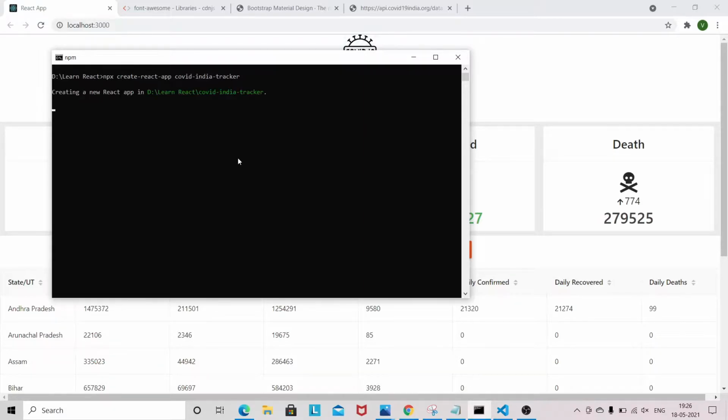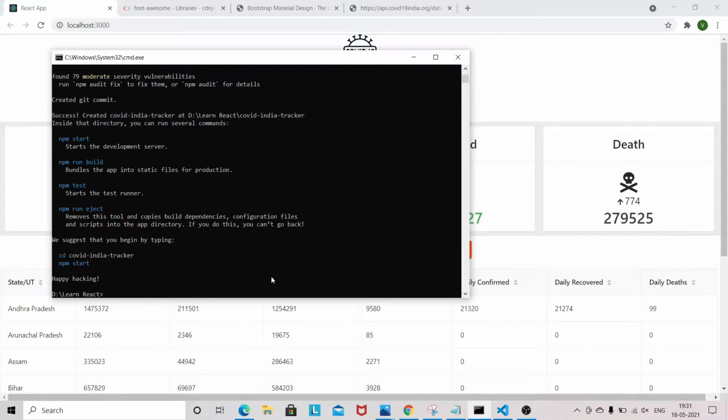It will take some time. Once it installs the basic project structure, I will come back. Here our project is created. So I will go into covid-india-tracker.